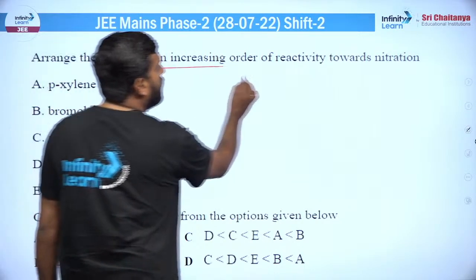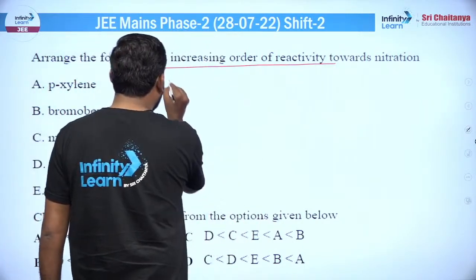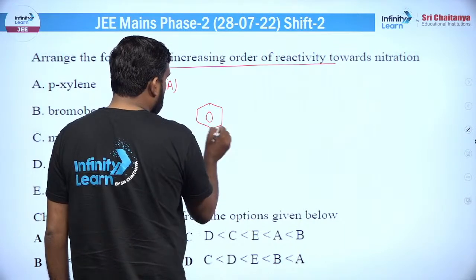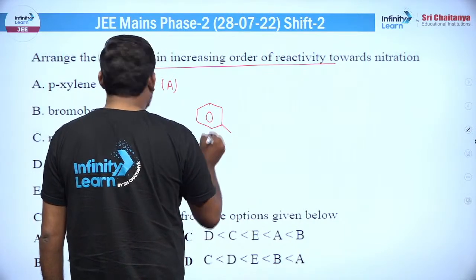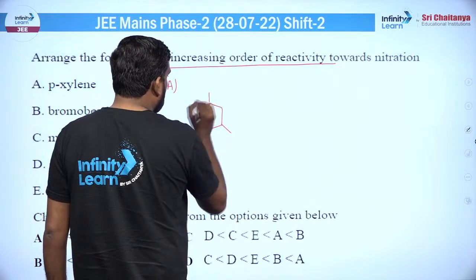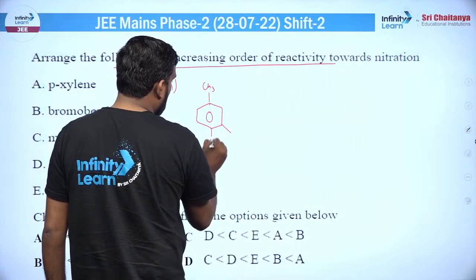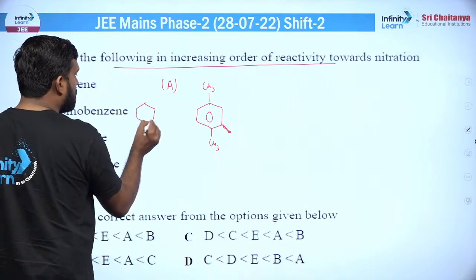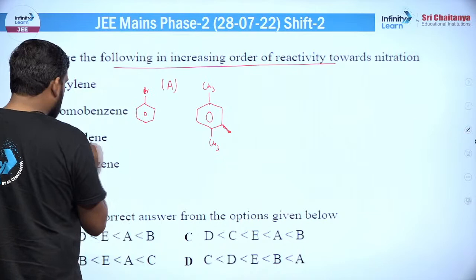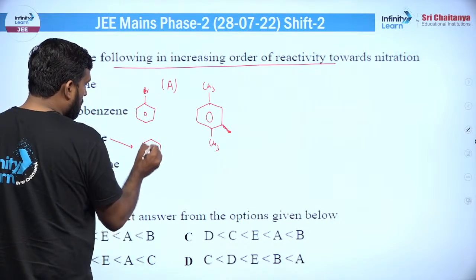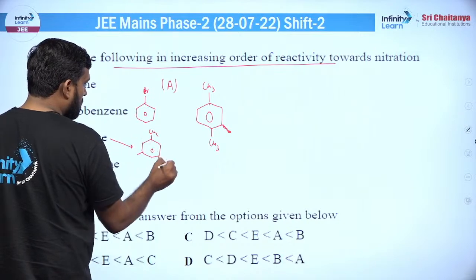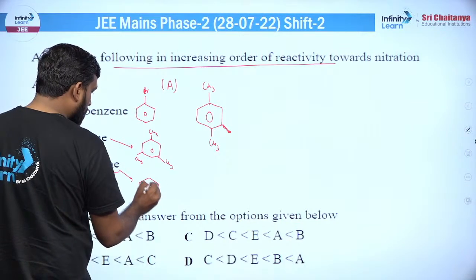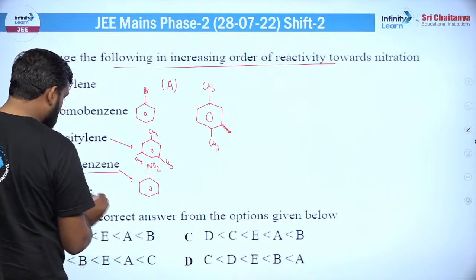अरेंज द फॉलोइंग इन इंक्रीजिंग ऑर्डर ऑफ रिएक्टिविटी टुवर्ड्स नाइट्रेशन, ठीक है। तो कंपाउंड चलो अरेंज कर लेते हैं। सबसे पहले तो पैराजाइलिन है, ठीक है। तो बेसिकली क्या होगा, यहाँ पर आप देखोगे कि पैराजाइलिन है, तो CH3 लगा हुआ है, एक CH3 इधर भी लगा होगा। फिर है ब्रोमोबेंजीन, ठीक है। तो ब्रोमोबेंजीन तो कुछ इस प्रकार का होगा कि यहाँ पर Br लगा होगा। फिर मेसिटिलीन है, मेसिटिलीन में इस तरीके की CH3 CH3 CH3 होगा, ठीक है। फिर नाइट्रोबेंजीन है, नाइट्रोबेंजीन में क्या होता है एक्चुअली, अब देखोगे यहाँ पर जो है वो NO2 हो जाएगा, ठीक है। बेंजीन की बात करोगे नॉर्मल बेंजीन हो जाएगा।